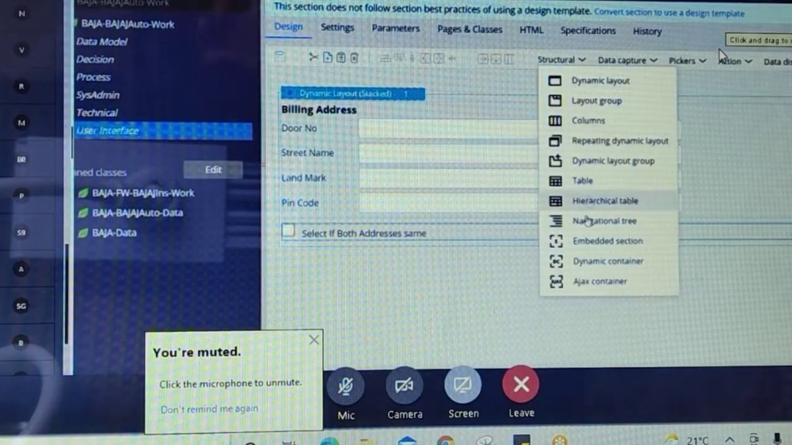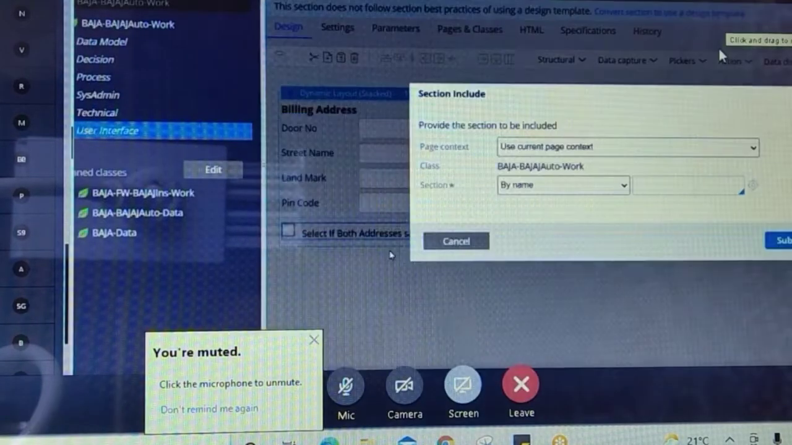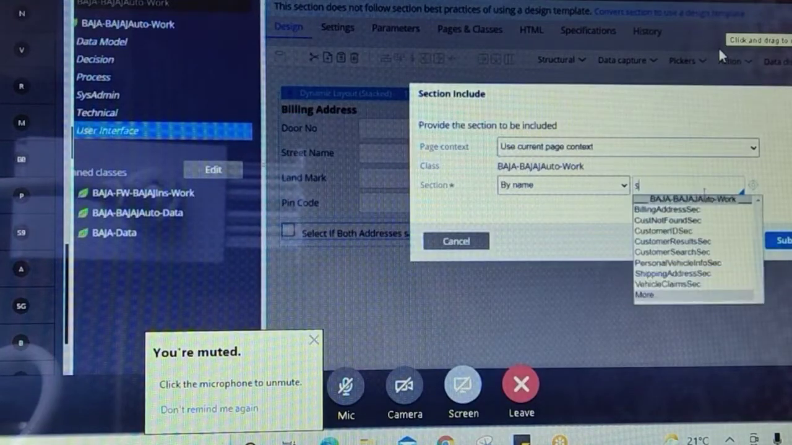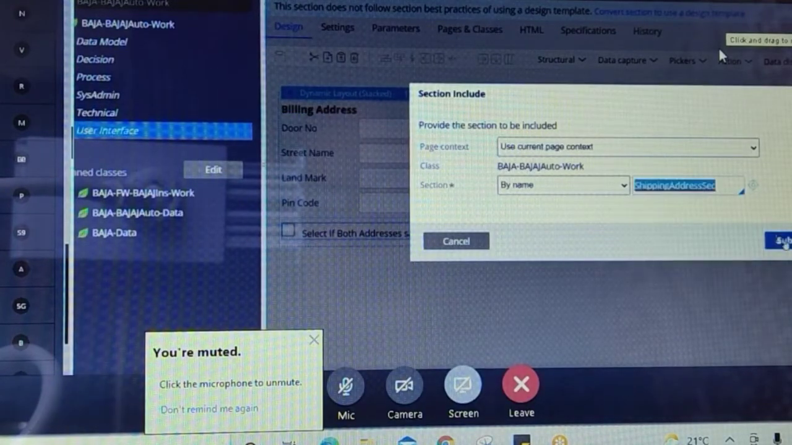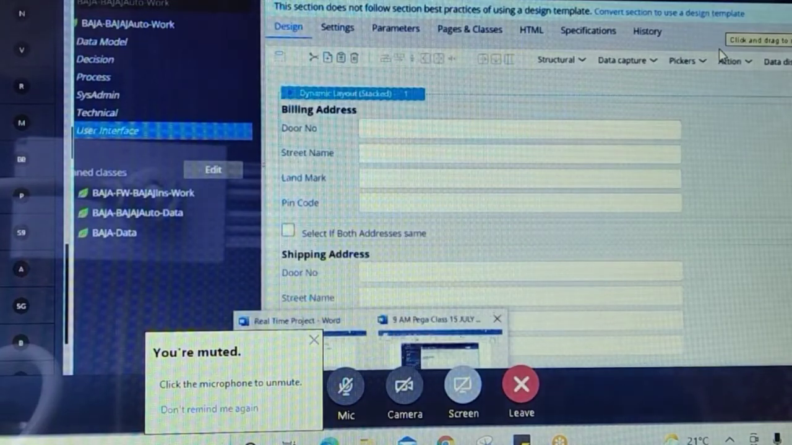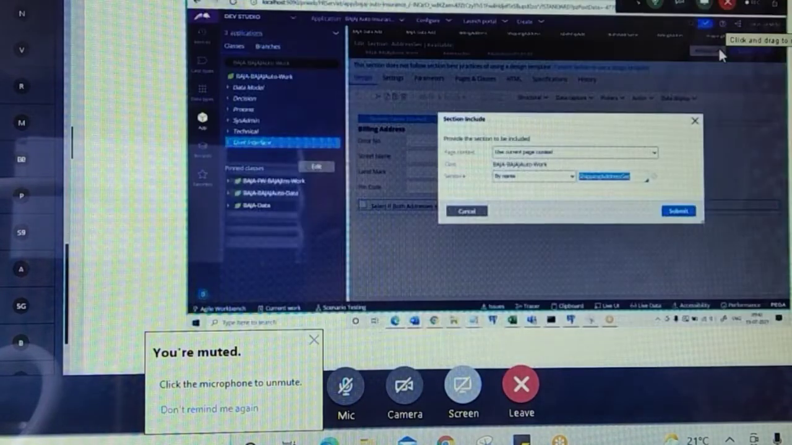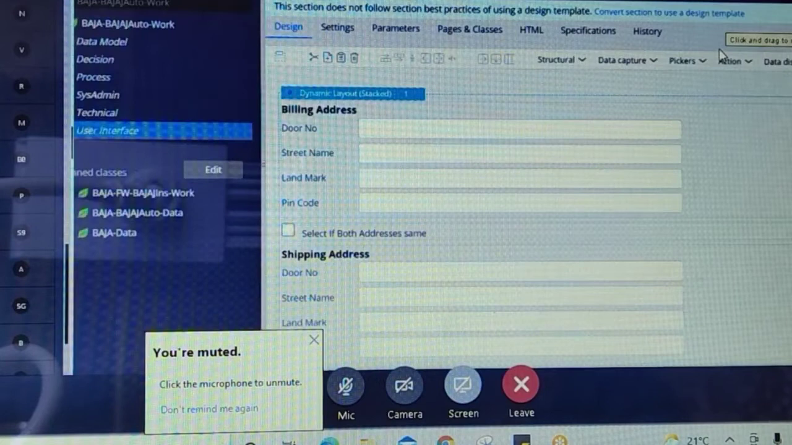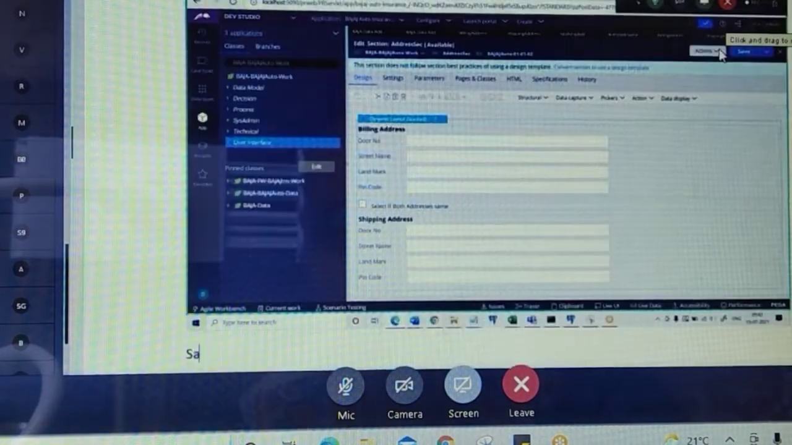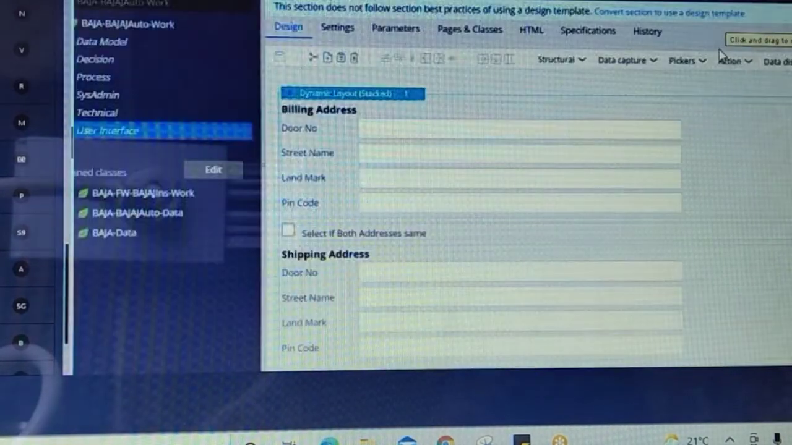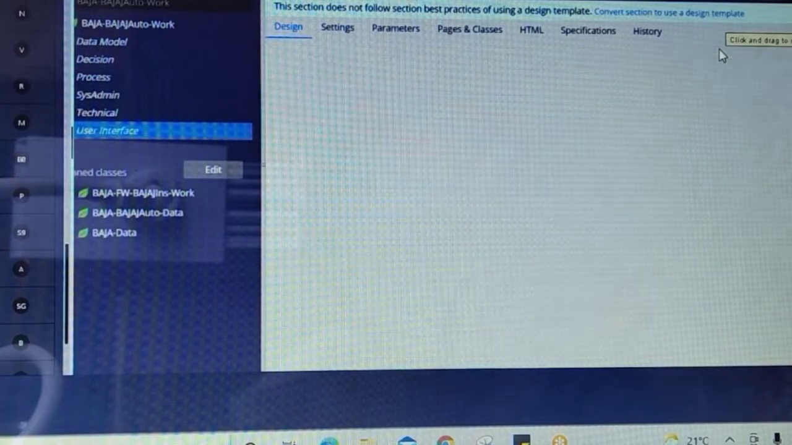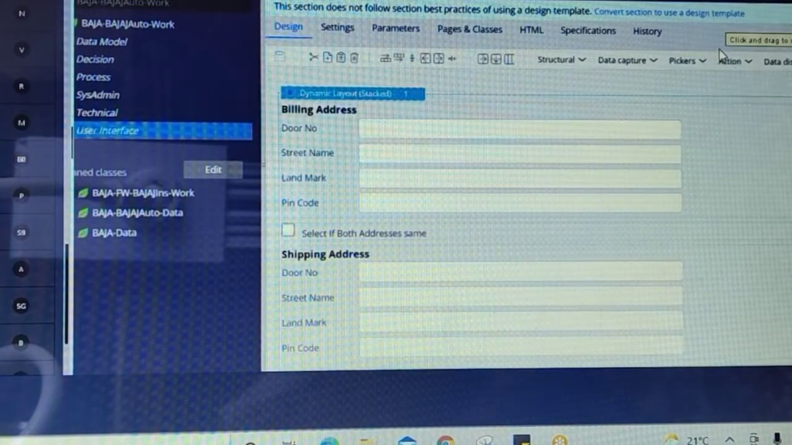So you can go ahead and embed the shipping address section here. You created an address section where you have billing address and shipping address sections included along with the checkbox. On click of the checkbox,